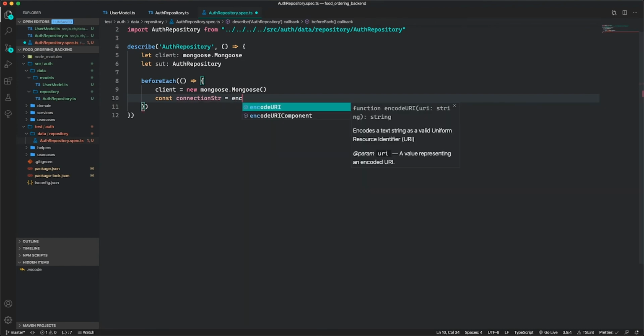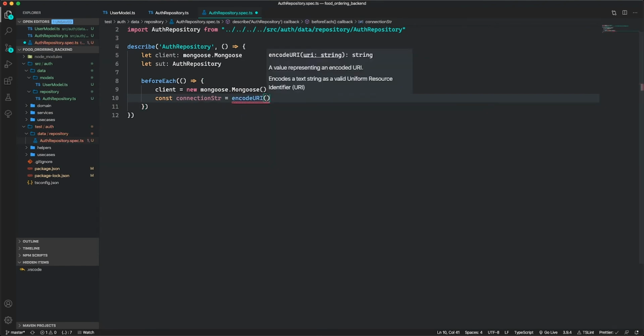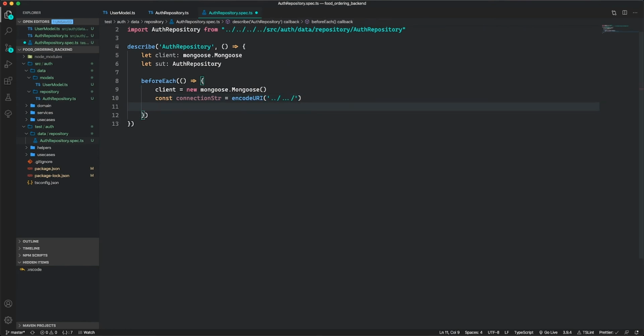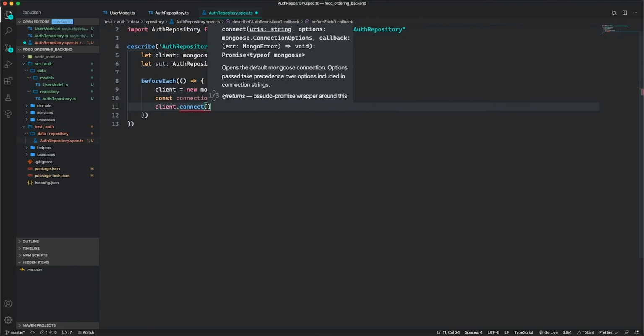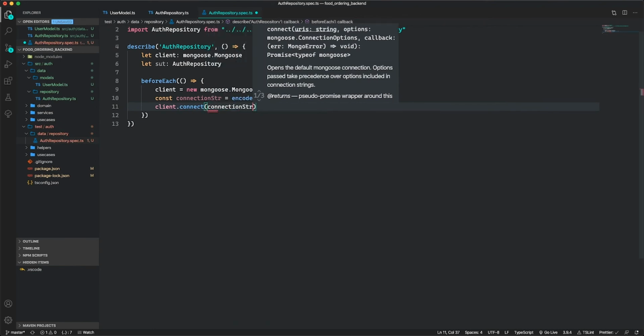I'm going to use encode URI just in case there's any special character, and you'll pass in the connection string here, and then we would say client connect, and we'll pass in the connection string